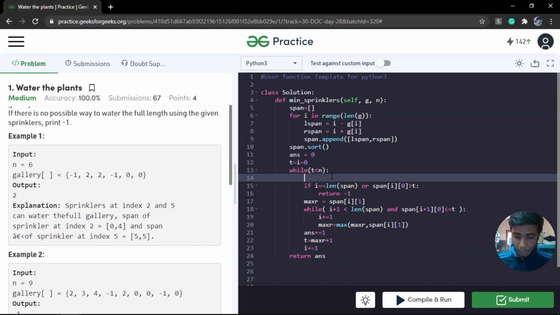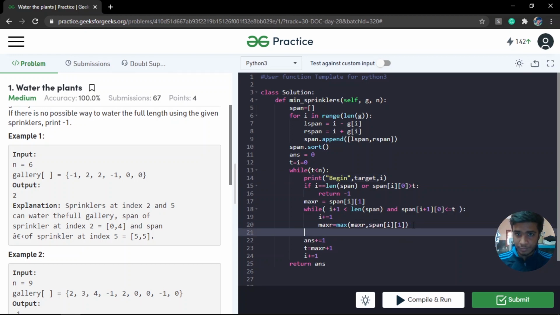And let's do something here. I'm going to print, in the beginning while we're beginning the loop, what is the target that I'm trying to reach and what is my initial index, and in the end I'm going to print what is the maximum range that I have achieved and what is my i.